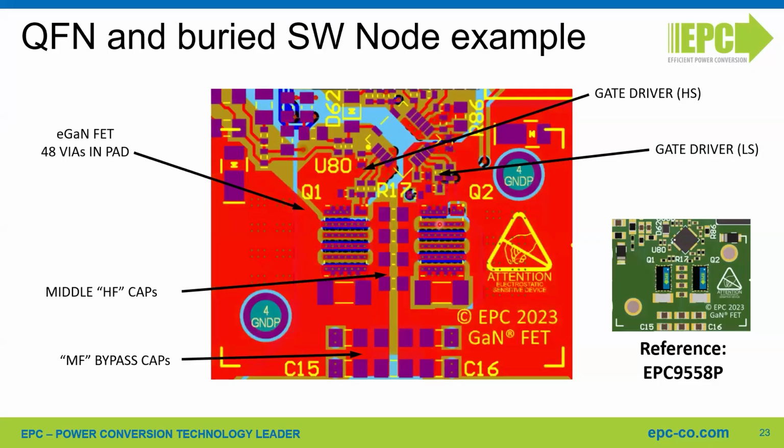And then we go back on the top side and we return the currents from the source of the low side FET to the bypass capacitors ground. And as you can see, this is a very short path, very wide,